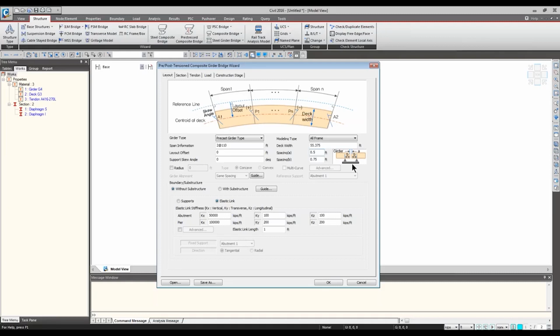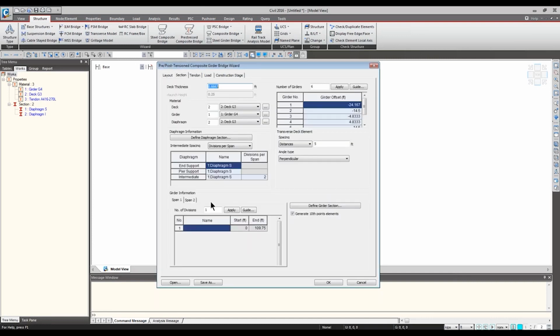I think I'm making this a little more confusing than it really is. I'll mention this part after modeling using the wizard, so that you can connect this number and the completed model. But just note that I'm defining the spacing between girder to girder as 0.5 feet.